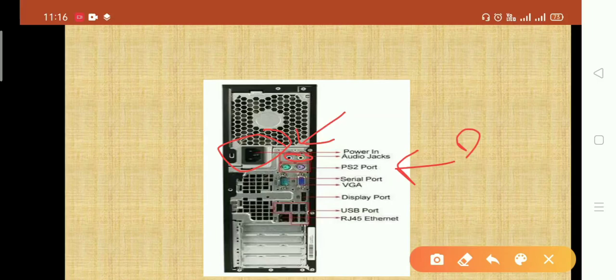So the Ethernet port is where we insert the LAN cable. You have seen that gray cable, the gray color cable, already in our computer lab. We insert it over here for internet connectivity, and these are USB ports. Clear? Hope this is clear. Just keep it in your mind, no need to memorize it. And these beehive-like holes you can see here, this is a fan, the CPU fan. We use the fan to cool down the atmosphere inside the CPU, to prevent the heating problem of the computer. Clear?